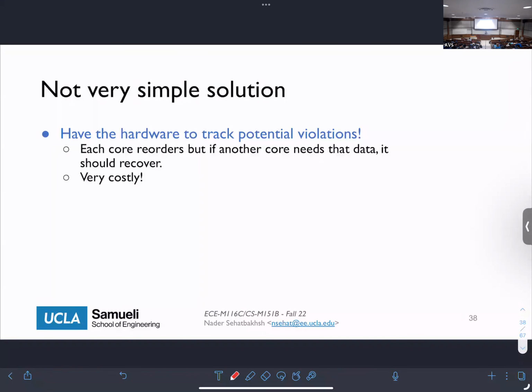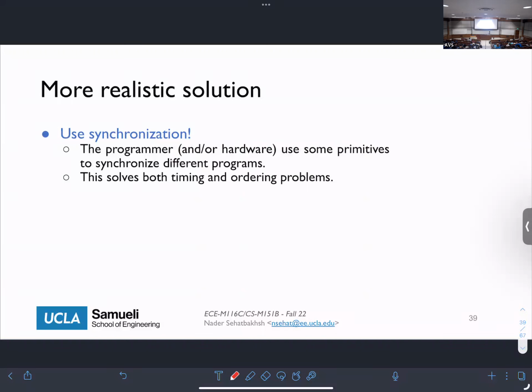The real solution that is widely used is the notion of synchronization. All right. So synchronization basically says that the programmer, with the help of some primitives that the hardware will provide, and we're going to talk about them in the next few slides, is going to use these APIs or primitives in order to fix the ordering and the timing among the cores. So basically you say, okay, let's all wait until this point and then move forward afterwards. So you still might have race conditions, but using the synchronization methods, you say, okay, let's use those.